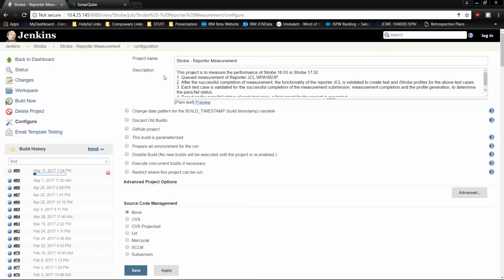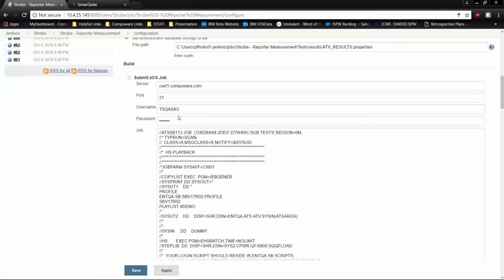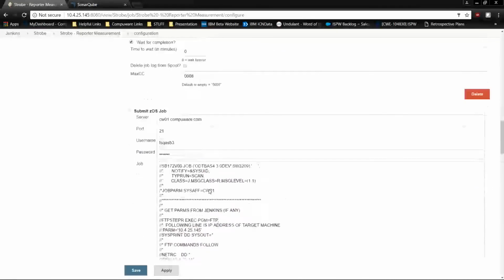Here we can see some basic information in the description about what the test is covering, what operations it's testing and what it's doing. So if you're not familiar with the tests, you can see what each one covers. And if we scroll down a little bit here, we can see the LPAR where the tests are being submitted to, and we can actually see a job that's being submitted that will run all of the hyperstation scripts to test the interface to the Strobe reporter. And so this submits all of our hyperstation, and once that is complete,